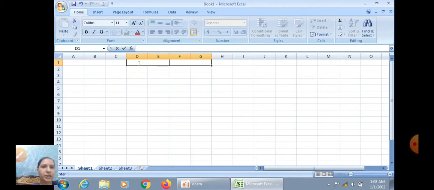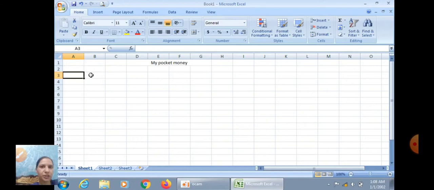My pocket money. We are inserting some data into an Excel sheet, a spreadsheet. Monday, Tuesday, Wednesday, Thursday, Friday I have written here.